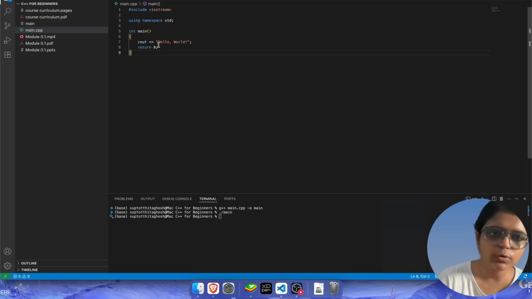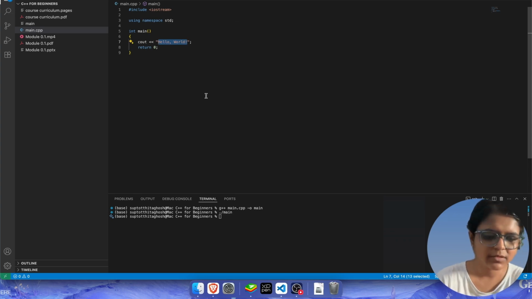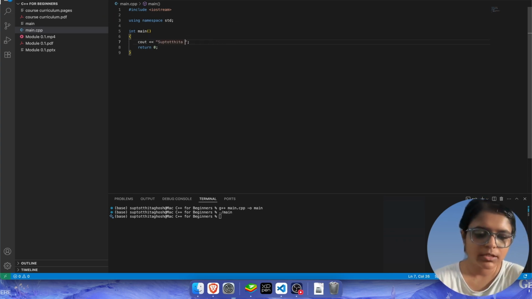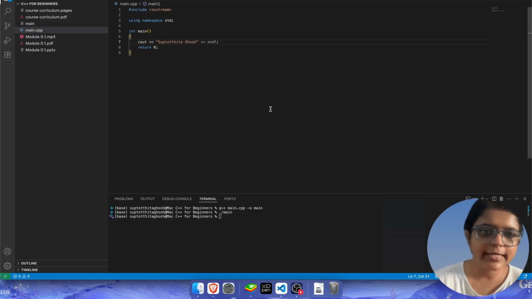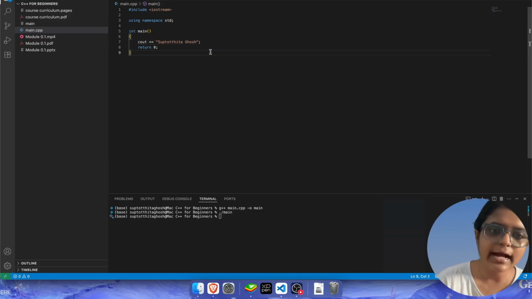It can be single quotes or double quotes, that doesn't matter. But the output that you want as it is, you could have written your name here. Let me just write my name here, that would be easier. So this is my name, and I want this to be printed as it is in the terminal. So I will write this within quotes.